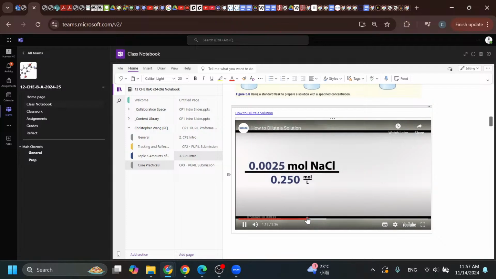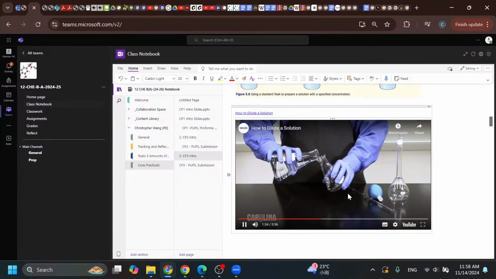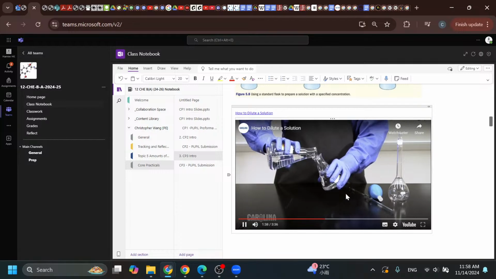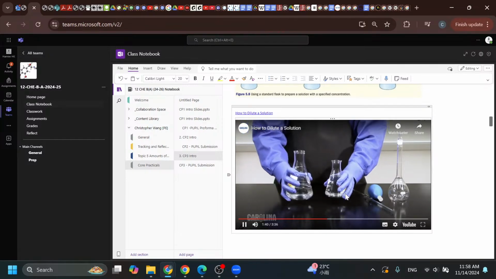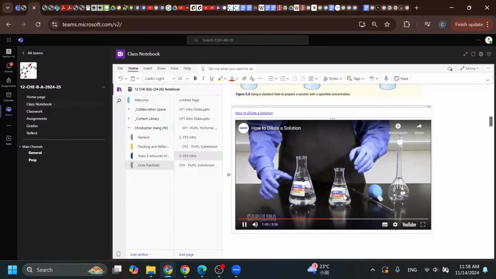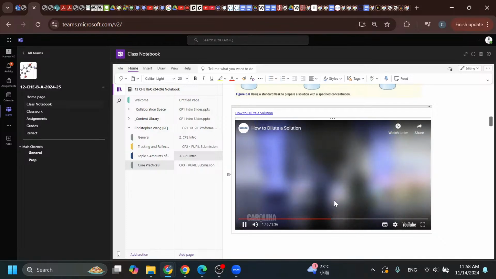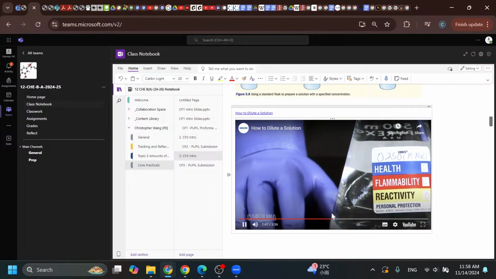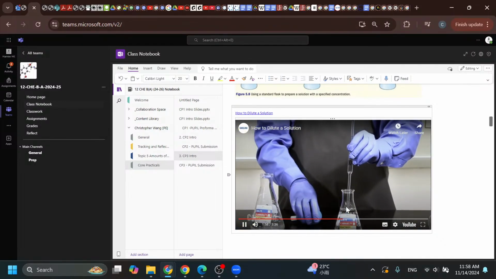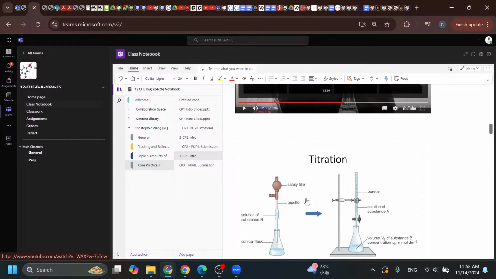Inserting the pipette into the stock solution. This is because you do not want to contaminate your stock solution. In this case, I'm using an Erlenmeyer flask. Notice that I have clearly labeled the flasks to adhere to proper laboratory safety protocol. Use the pipette. Place the pipette in the liquid to be